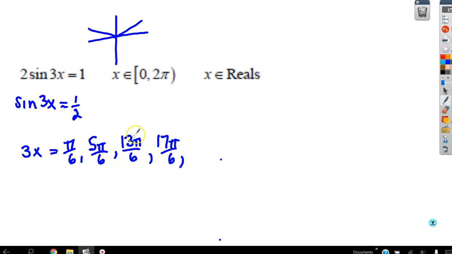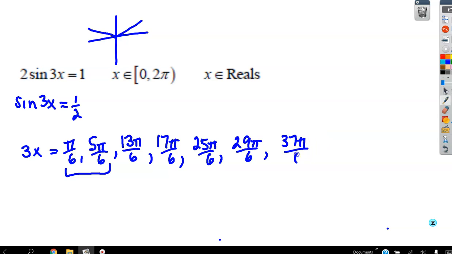I just keep adding 12. So I could keep going on and on, and I'm going to do a few so you can get a feel for this. So again, I'm just adding 2 pi. These were my original primitive solutions or principal solutions, and then these are just me adding wraps of them. So then this guy is 29 pi over 6. I'm going to do 1 more wrap. So add another 12, I get 37 pi over 6, and then 41 pi over 6. So these are just wraps of this solution of sine being 1/2. Normally, we would only use this. This fact that we're setting it equal to 3x is what's causing me to list more,